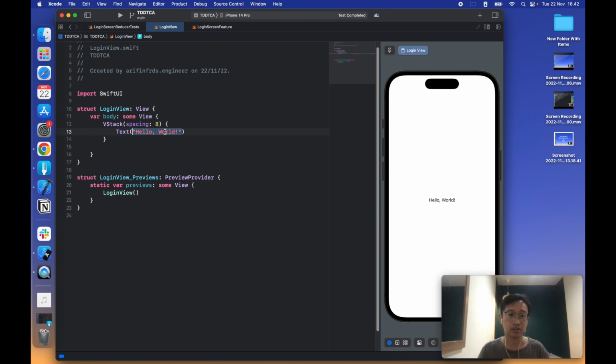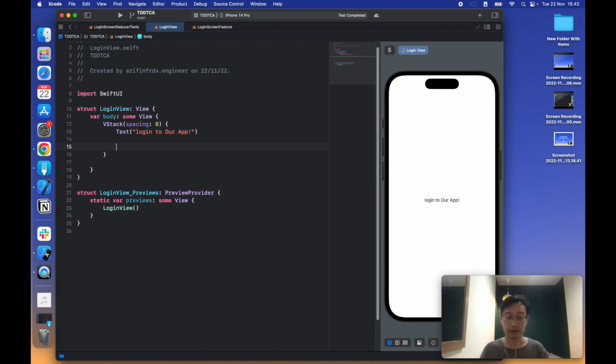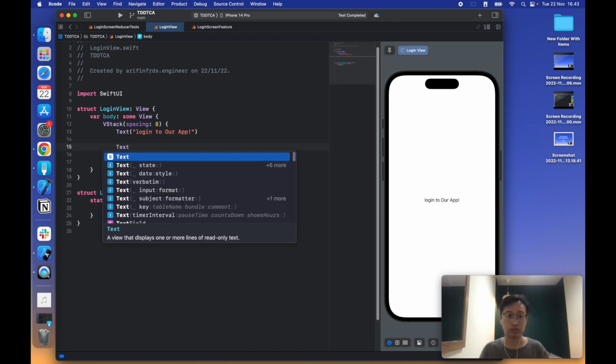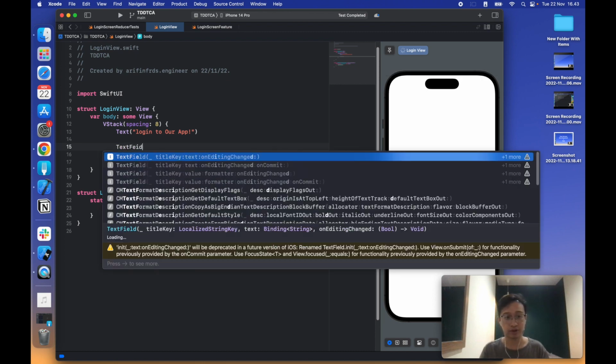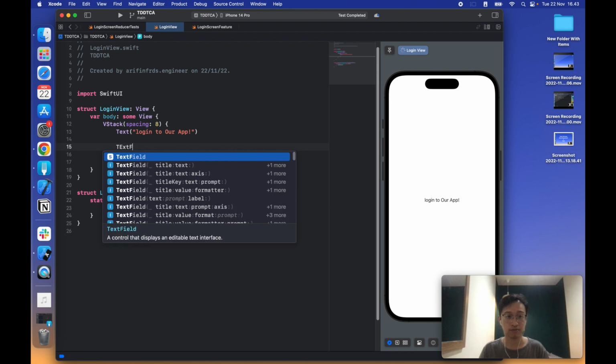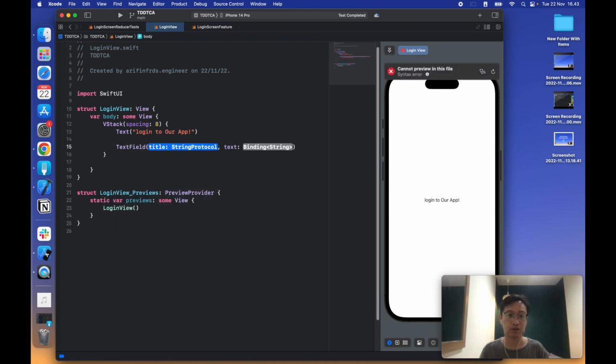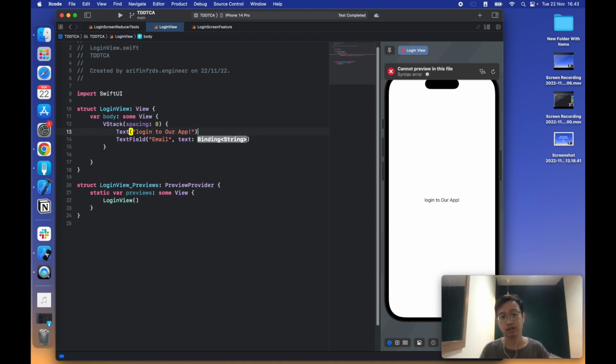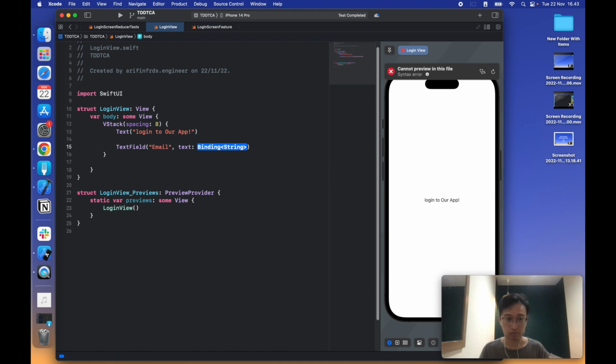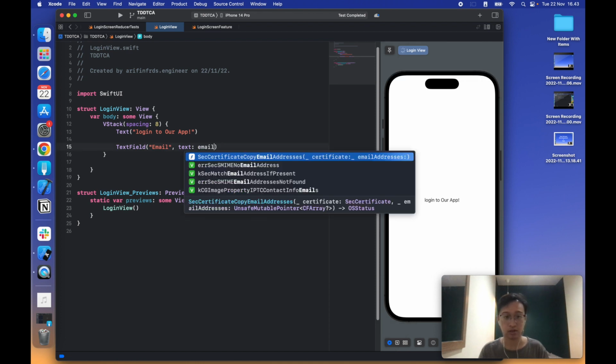And let's say this is the title, "Login to our app." Here we have like 2 text fields for now: an email text field, and we have some kind of binding, which we can temporarily use as a local binding on the struct, I mean,